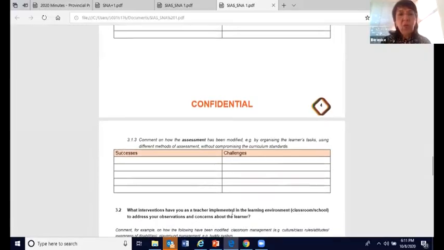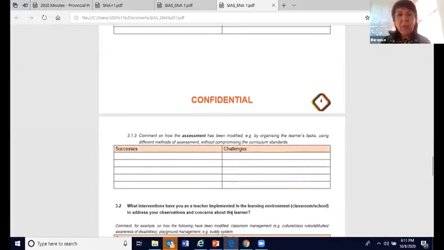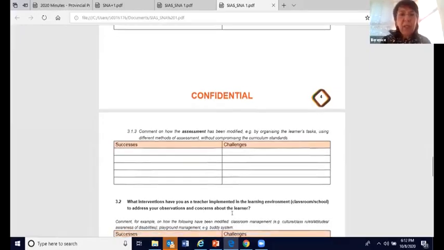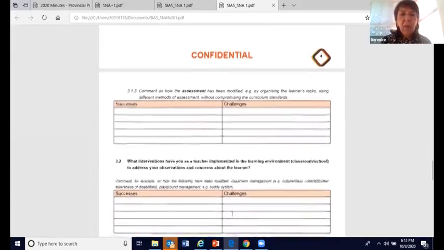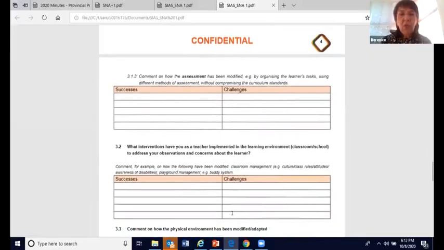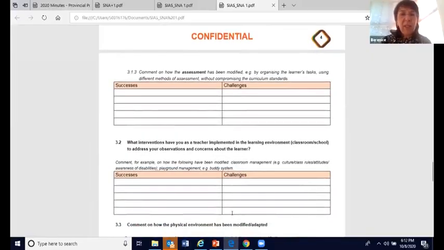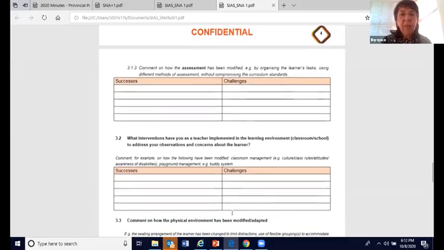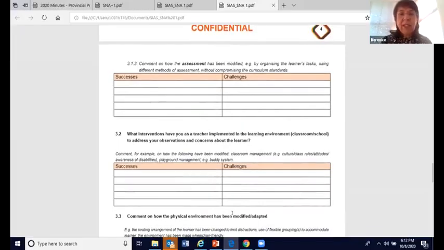Then we go on to assessment. Has the assessment been modified, like I explained, fewer test items, or having a scribe or a reader? What interventions have you as a teacher implemented in the learning environment? So, for example, if it's a child who doesn't socialize well, have you perhaps arranged a buddy system?